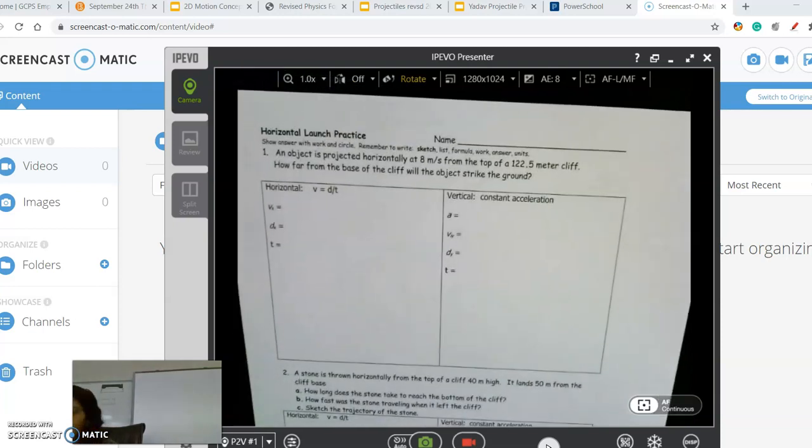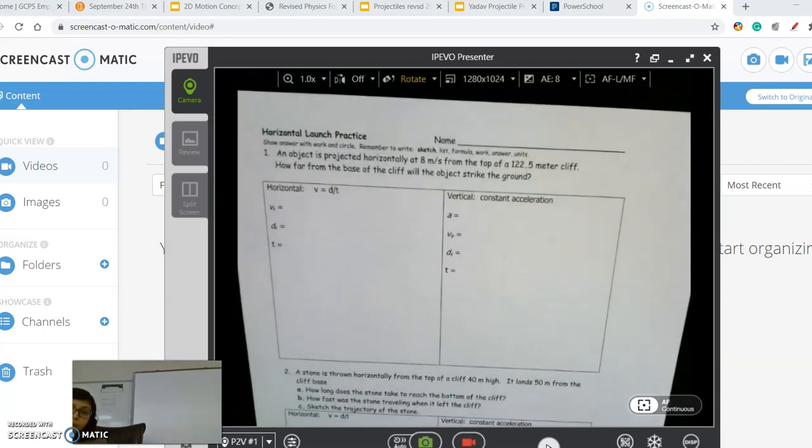Hey y'all, welcome back. We will go ahead and look at the homework problems from yesterday. I'll go over the first two for you. Students, just check your work as I go over these two, and once finished, you will be working on the